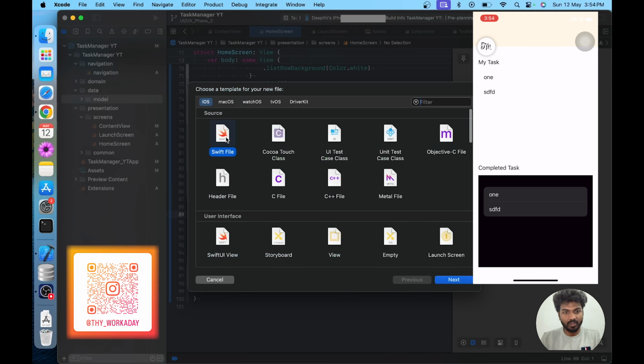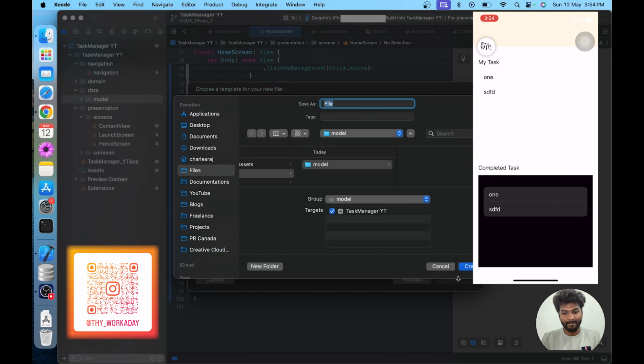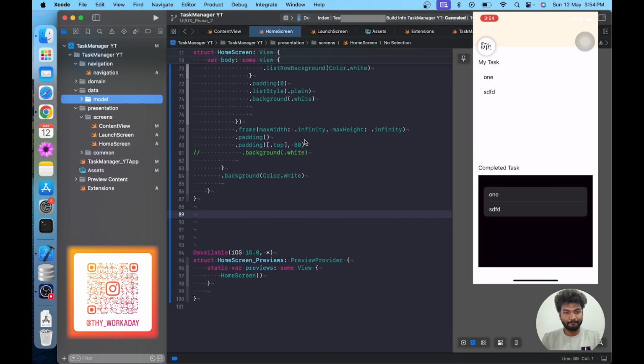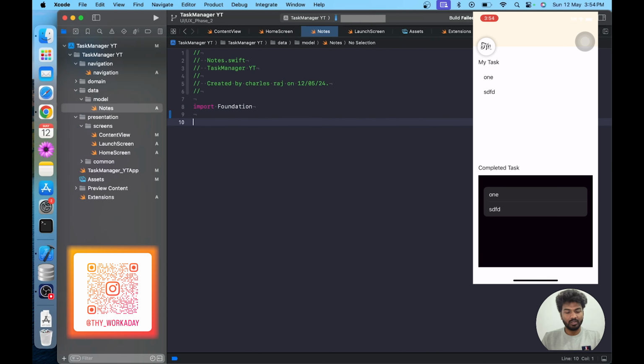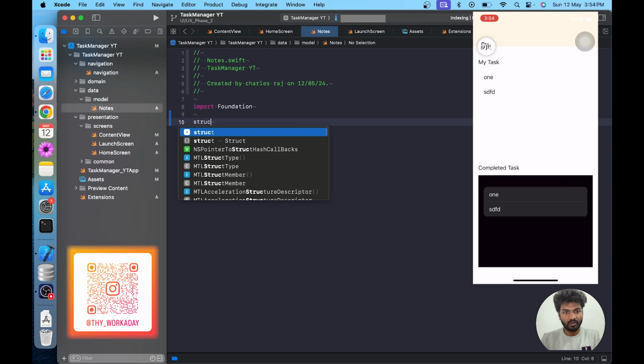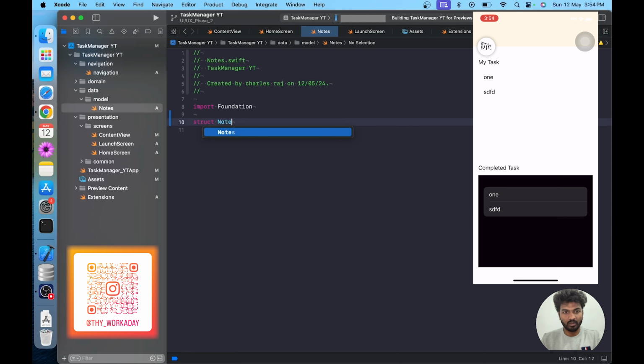The file should be a Swift file, not task, because notes. Okay, notes we'll create it. Okay, so this is struct Notes. It should be Identifiable,